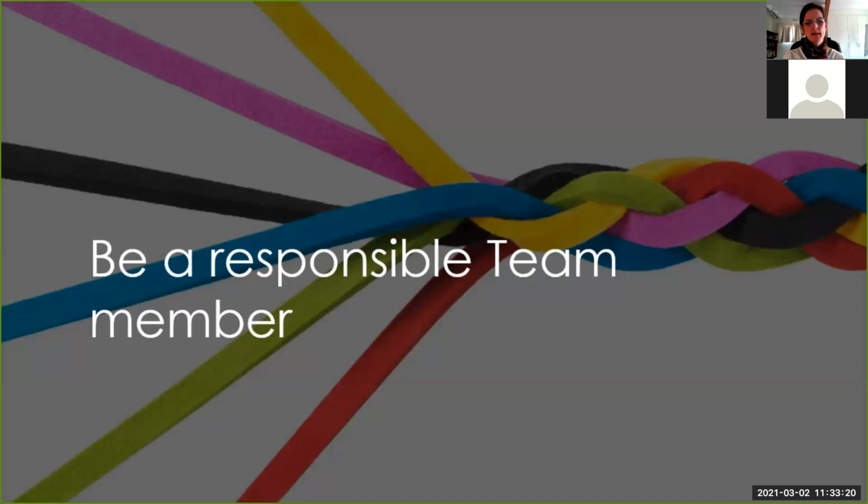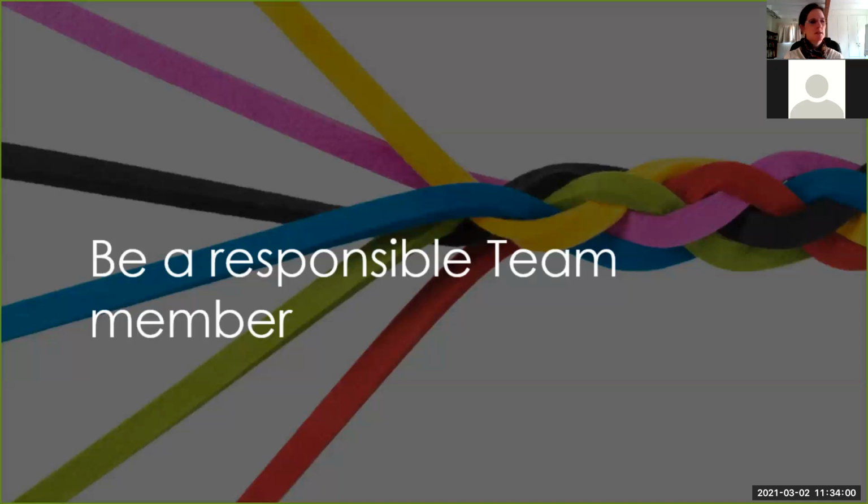The other side to that is being a responsible team member is owning your faults and making it safe to say, look, I'm sorry, I blew it. I didn't manage to get that report done, or I'm sorry, guys, I let you down. I'm trying my best. If you are able to acknowledge that, you make it safe for them to acknowledge their mistakes. You make it okay, right, we acknowledge it, we're moving on. So much of the theory or best practice on leadership is how we behave and how we emulate what we want our workplaces to be. Okay, so there are some tips there in that learner guide as well.